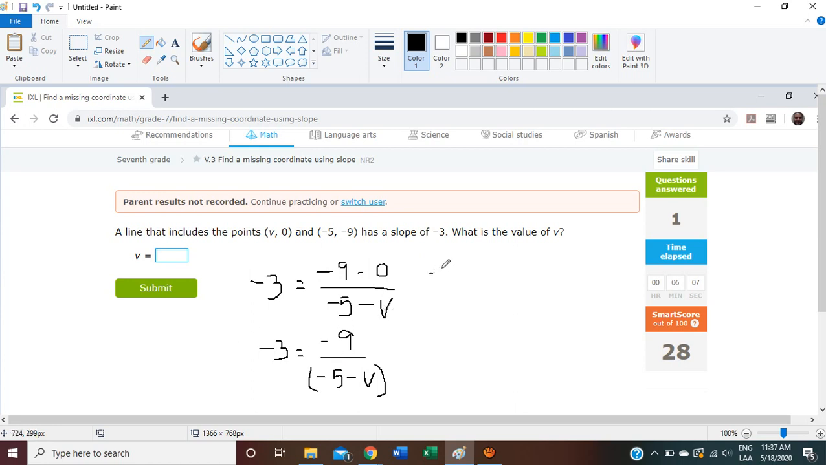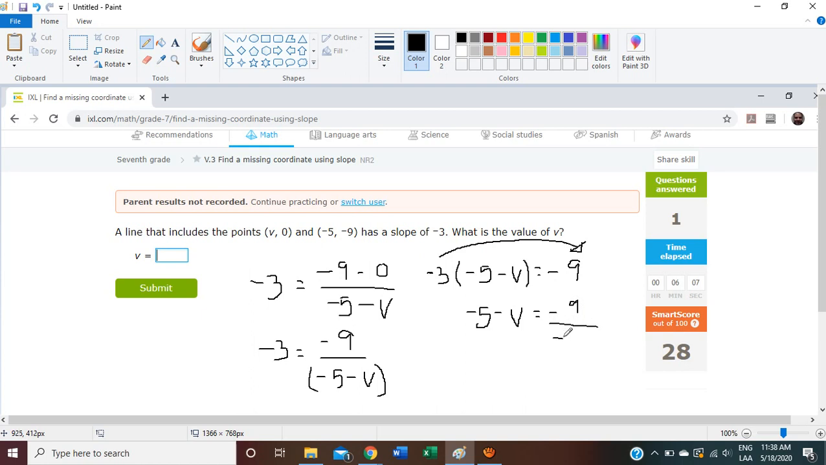So negative 3 multiplies, because it is dividing, now it is going to be multiplying negative 5 minus v equals negative 9. Now we have negative 3 that is multiplying this and equals this part. So this negative 3 can be sent to the other side. It is multiplying. Now we're going to send it by dividing. So negative 5 minus v equals negative 9